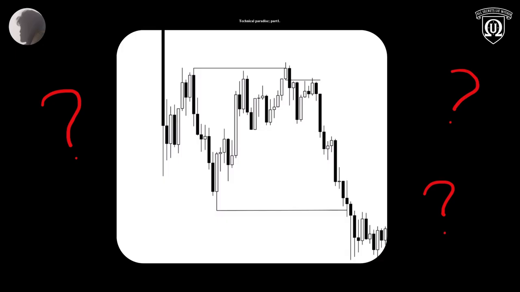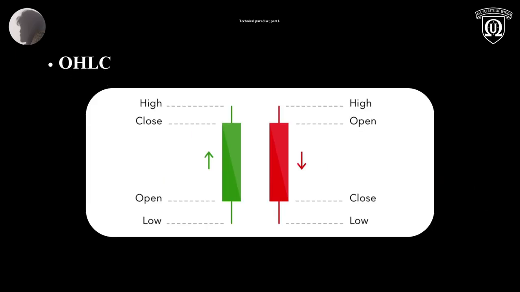Now we're going to quantify the actions of the market makers, and I have created a certain language which I'll teach you in depth. But let's start with the basics. First of all, we have the open, high, low, and close. Very basic. It's the way candles are formed. An up-close candle on the left side is formed by an open, low, high, and close. And a down-close candle is formed by the open, high, low, and close.